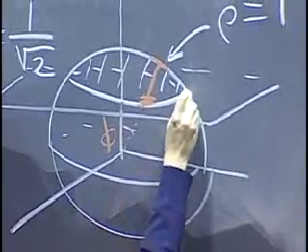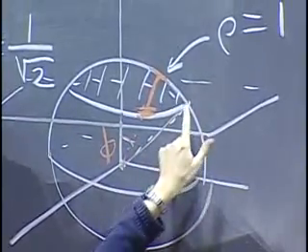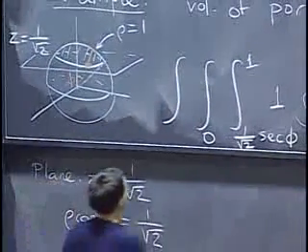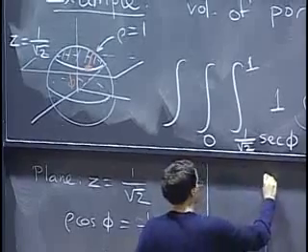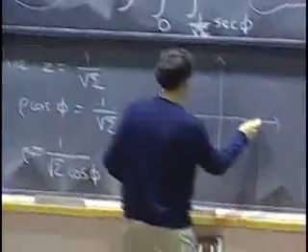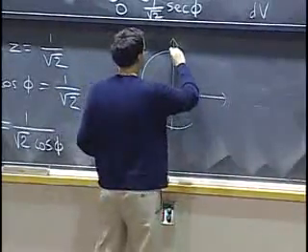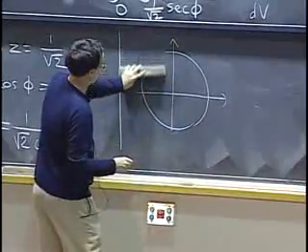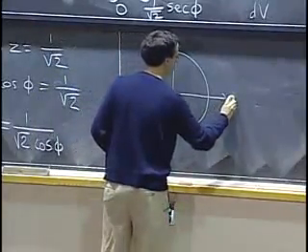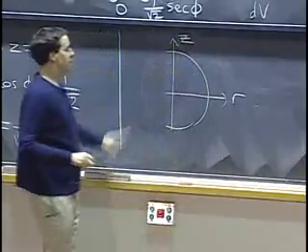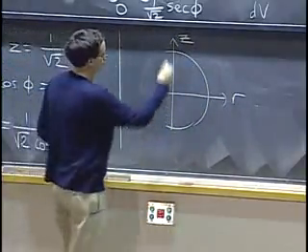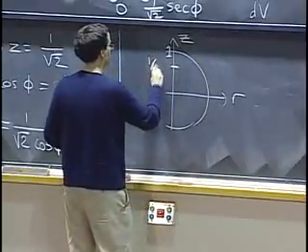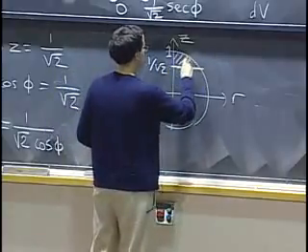So to find out where it stops, we have to figure out what is the value of phi when we hit the edge of the region. Okay, so maybe you see it, maybe you don't. One way to do it geometrically is to draw a slice of your region. If you slice these things by a vertical plane, or actually even better, a vertical half plane, so I'm going to delete one half of the picture. I'm going to draw these r and z directions as before. So my sphere is here. My plane is here at 1/√2, and my solid is here.